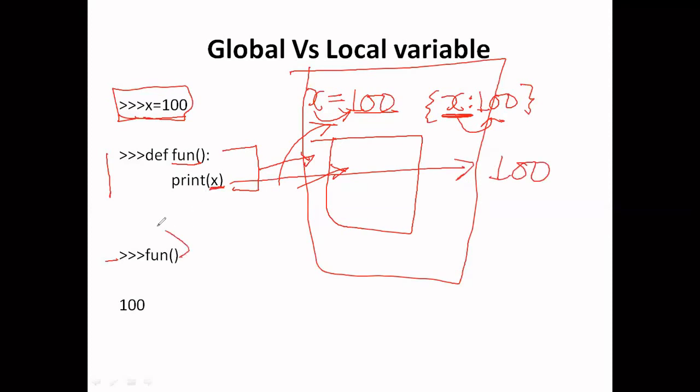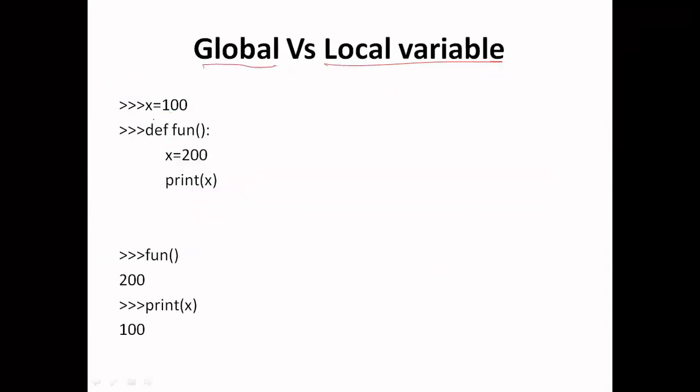So whenever we call that particular function, as soon as the control moves to that function, the local namespace will be created, and inside the local namespace, we will check whether the variable x exists in the local namespace or not. If it does not exist, then we will go for the global namespace. And suppose we do not find the particular function or variable inside the global namespace, then we will go for the built-in namespace.